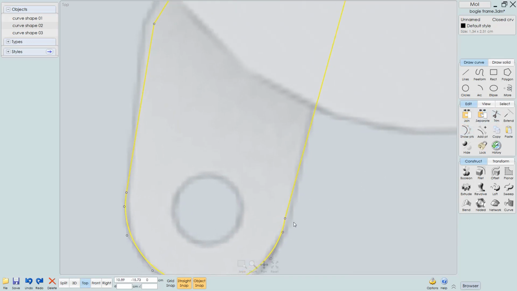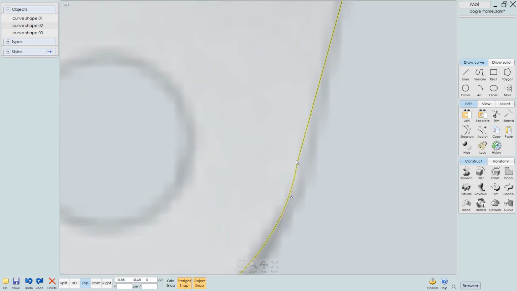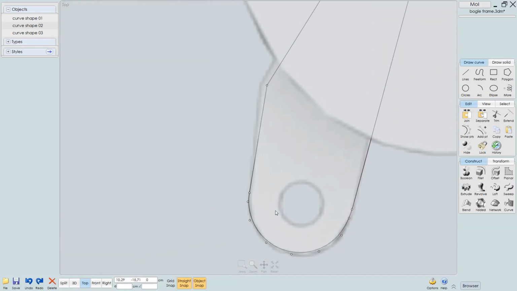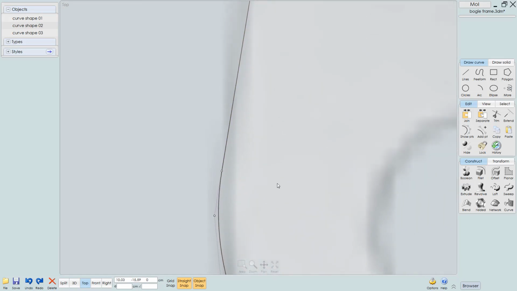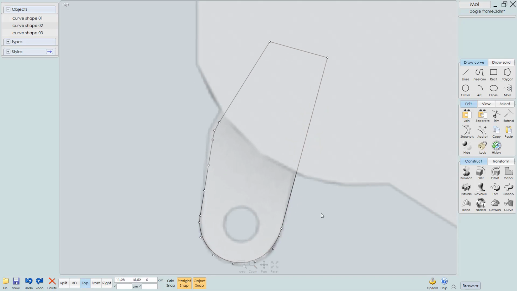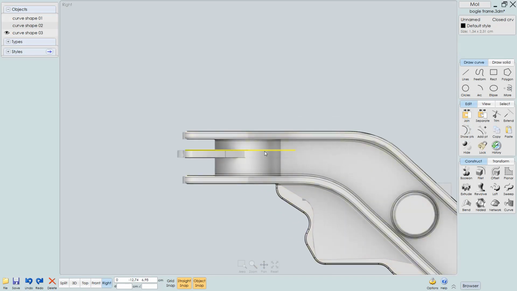And we're getting a bit of a corner here, so let's see. Let's select this point and I'll just move it over a little bit to get a nicer curve. Something like this. Let's see if we have a similar problem over here. This seems to be fine. I'll just select this point and do a fillet. Let's try 1.5. So I think 0.5 looks good. Let's hide those points, go back to the right view, hit Alt Q to bring the other objects back, and